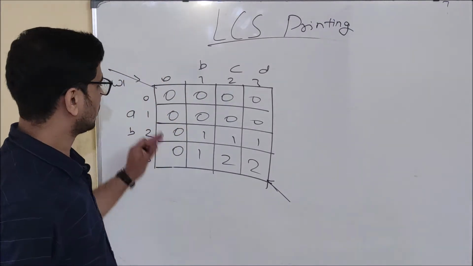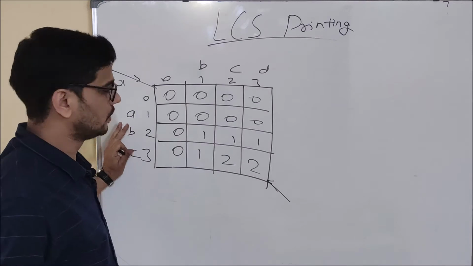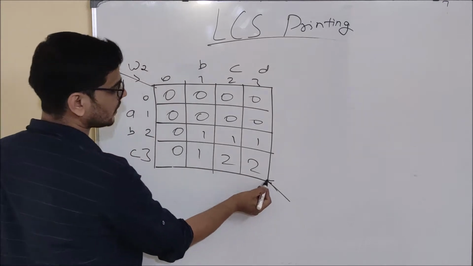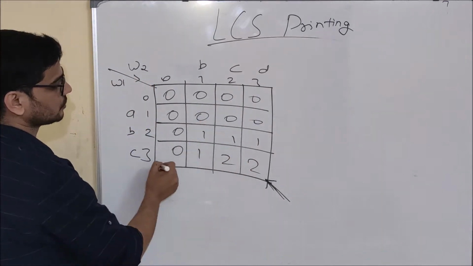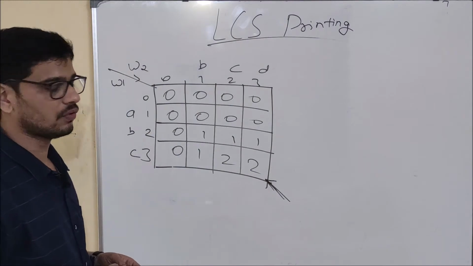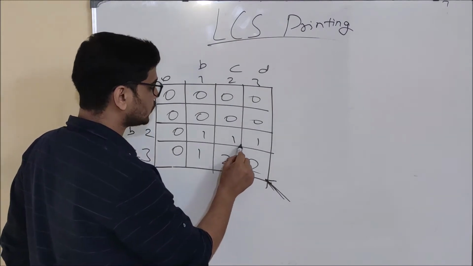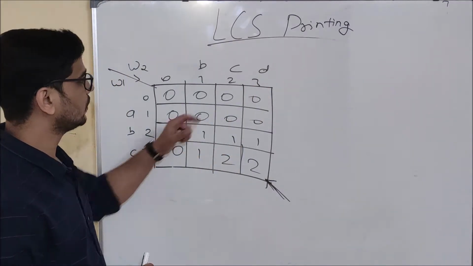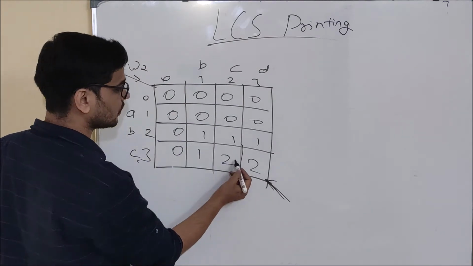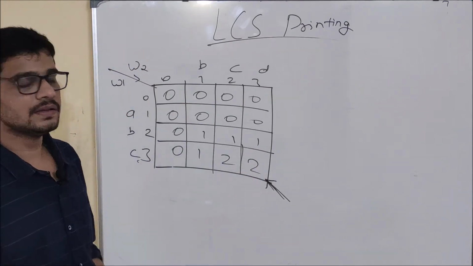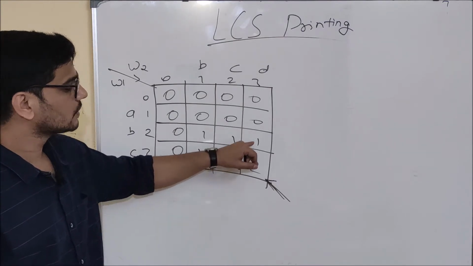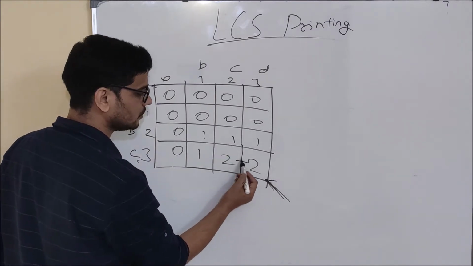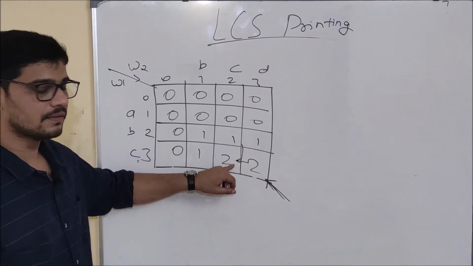So first of all, if you remember, this is the bottom-up table. I am going to use this particular table, and I will start from the last column, last row, that is, I will start from here, and check whether these two characters are equal or not. If these two characters are not equal, that means I have come from either left or up, that is, I have come from the max of these two while calculating my answer. As you can see here, this is the max, which means I came from here.